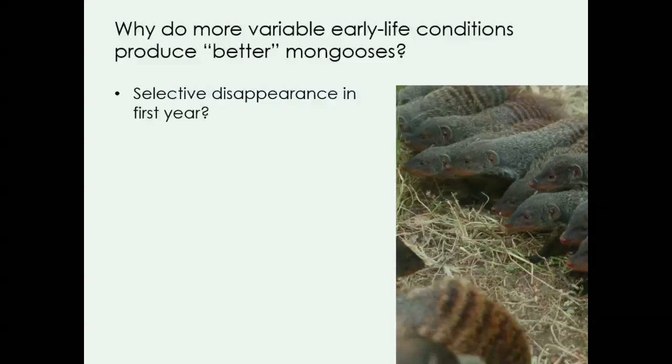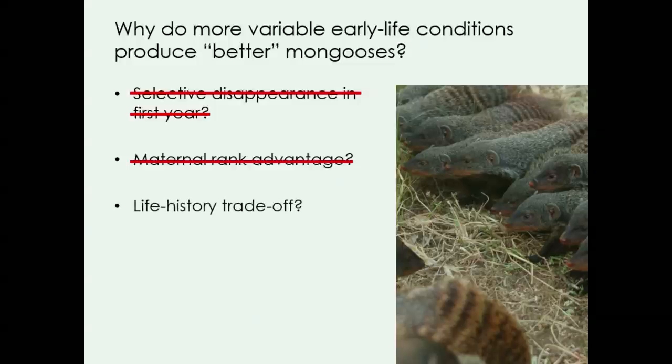So we've tried a few different things to try and understand this effect. So perhaps is it selective disappearance in the first year? Are these harsh conditions just weeding out all the rubbish individuals and we're left with the good ones? But no, that's not the case. There's no effect on survival in the first year. Is there some sort of rank advantage? We know that older, high-ranked females are more likely to breed under poor conditions, and low-ranked individuals only get to breed when it's good. But no, there's no effect of this as well, or any effect of the amount of social care these individuals receive. As I said before, we tested in these models for some sort of trade-off, but didn't find that.